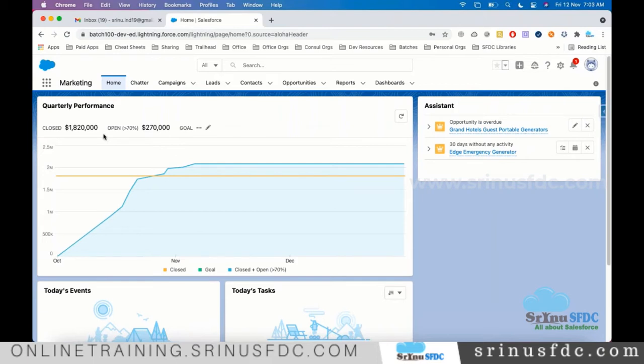At present, we are exploring the standard applications. Marketing is one of the standard applications provided by Salesforce. Everything provided by default by Salesforce, we call standard. Under the marketing standard application, all these are the tabs. A tab is internally linked to a database table, and in Salesforce, a database table is an object. Here, campaigns means advertisements.